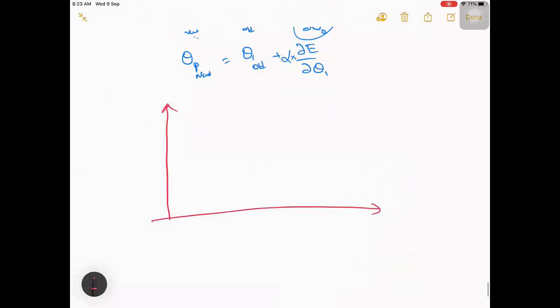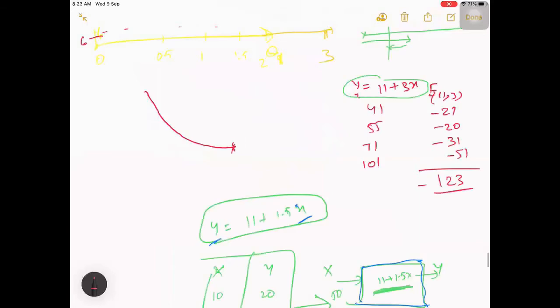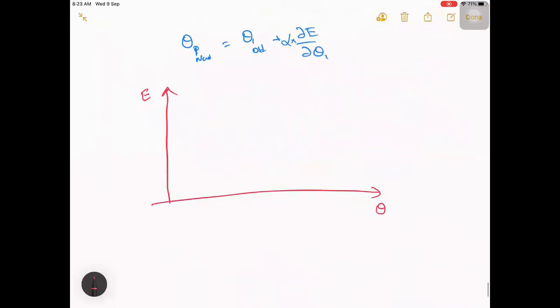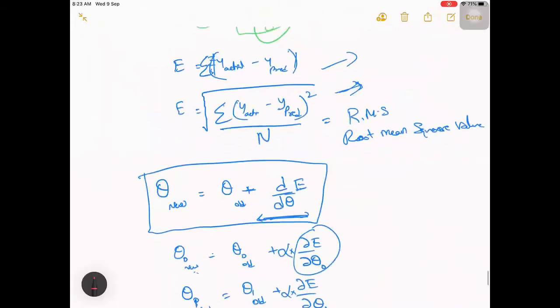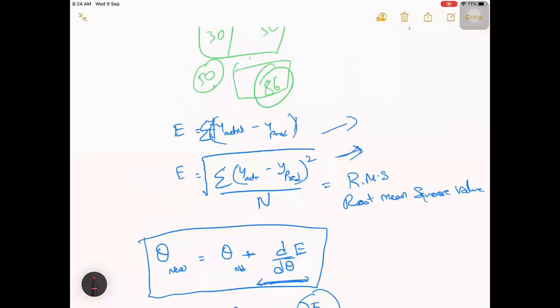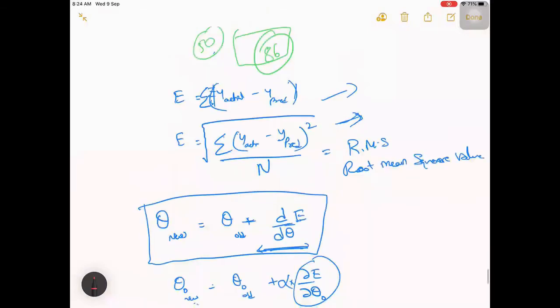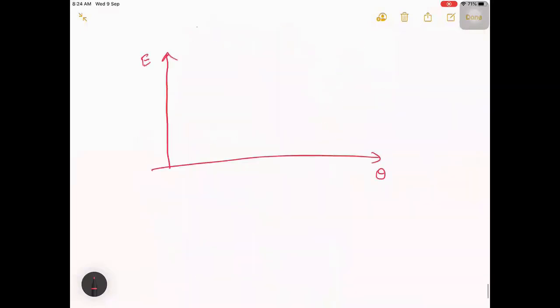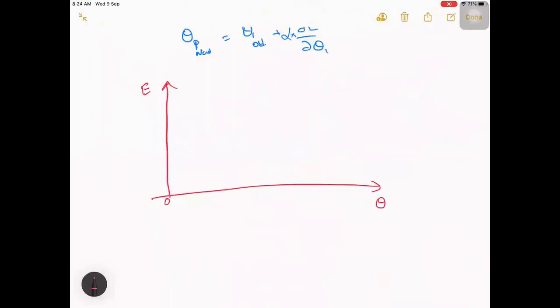Okay, so your error function, just like your theta. Let us say your error function is like we have seen how the error function varies, right? Something like this. It will get a minimum at some point, and if you remember, this is a root of squares, right? So usually it won't be negative. Earlier, when we plotted, we made an absolute value, but at this level we don't have negatives anyway, because it's a root of square. So we'll be getting only positive values. So let's keep it from 0 to some level.